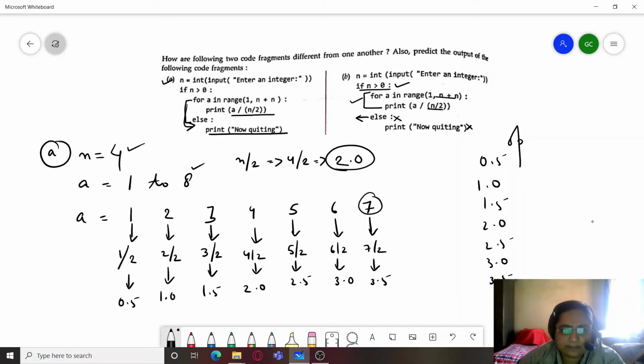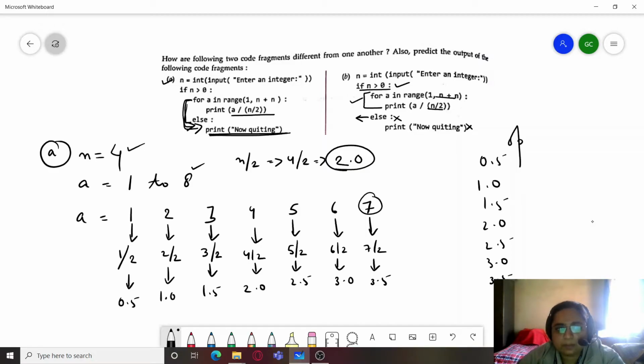Whereas in the first case, it was a part of for loop. Hence, once this for loop has completed all its iterations, then the statement within else will be executed. That is, in case we are not breaking inside the for loop. Had there been any break statement inside the for loop, then this statement wouldn't have been executed.